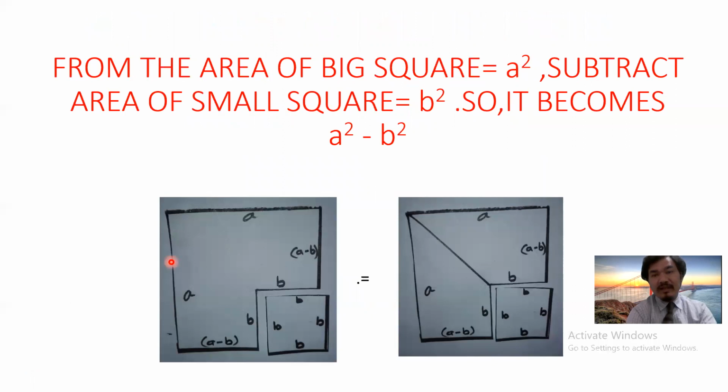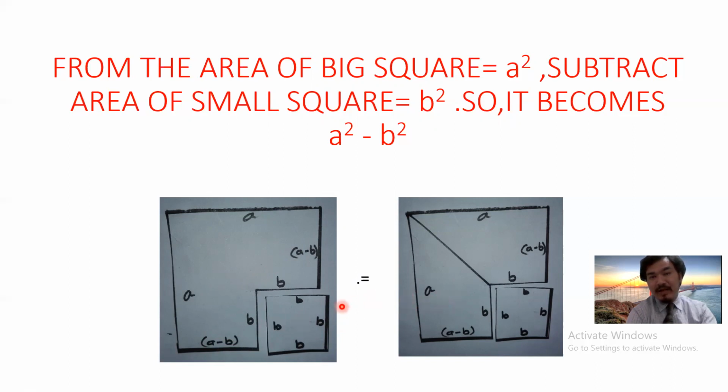Now look here. As I told you, when you subtract this one, it was b square; this bigger one was a square, including this one. From that, a square minus b square. Now this total, from here to here, was a, and this is b. If b is gone, what is remaining here? What remains is a minus b, because total was a and we have taken out b. Same thing here: from here to here total was a, and the b side is taken out, so remaining here is a minus b. That is shown here. This figure and this figure are the same.